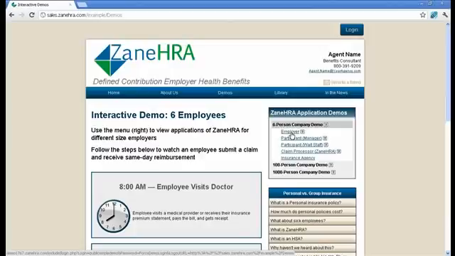So from start to finish, if you think about how this works, the employer sets up the plan. They're going to create the employer account. They're then going to design the plan and add participants. That's going to create the participant accounts, and some of them may get different amounts based on the classes the employer created. The participants are going to go out and buy their own individual health insurance policy from any carrier,